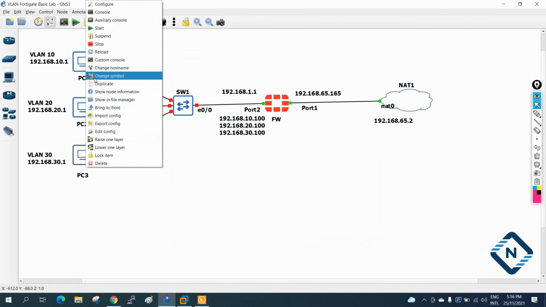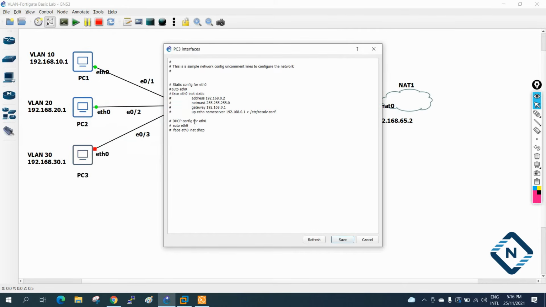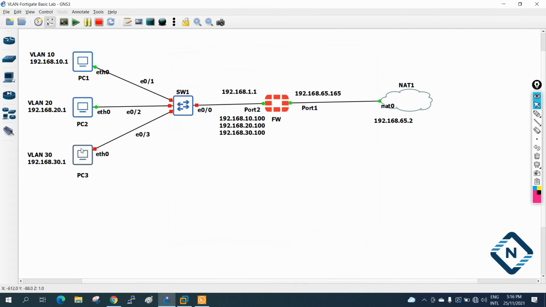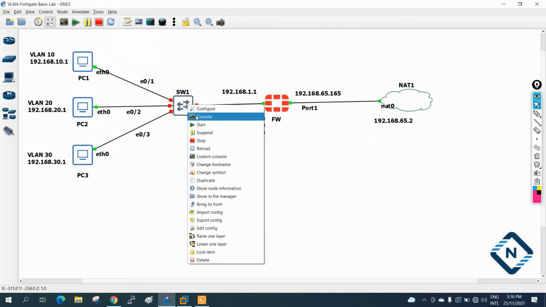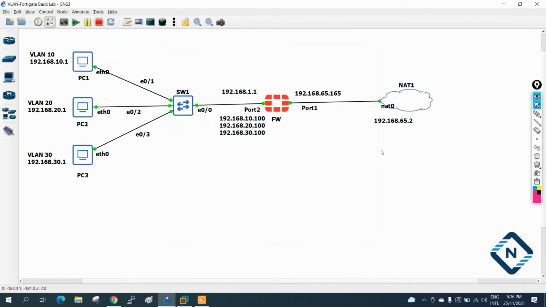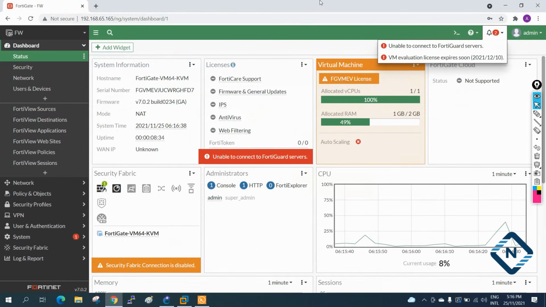Go to the third machine, edit configuration, select all, Control V, and put 30 here and 30 for the gateway and the IP. All other things remain the same. Start this machine, and you can start this switch also. FortiGate we already started, so we can do the configuration here.